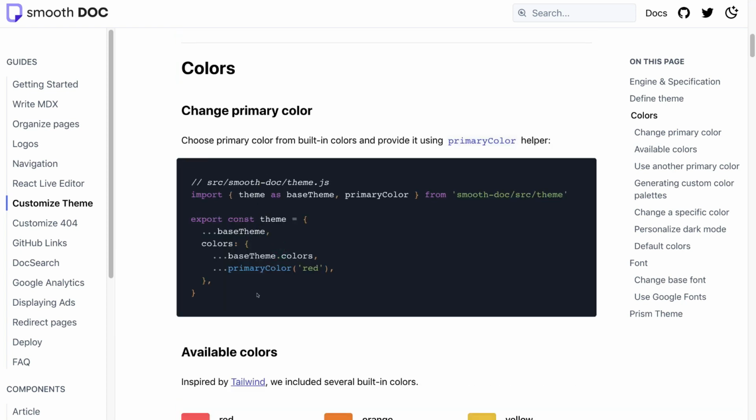You can see that it has directly given me this code, which I can put into source, SmoothDoc, and theme.js, and my theme will get changed. So let's do that.